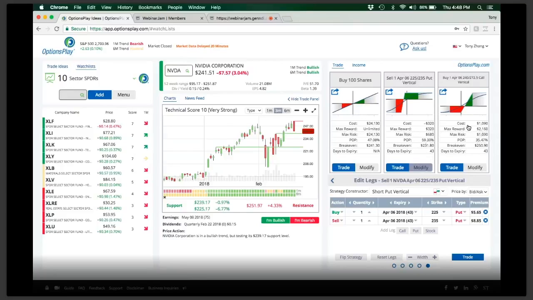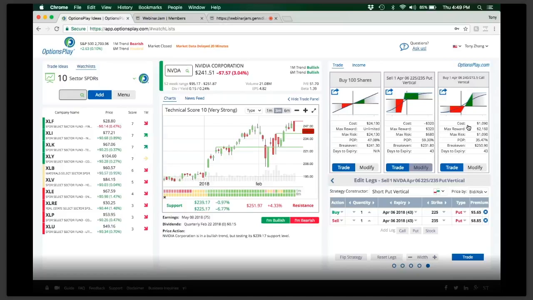This is the type of trade that I would trade if, let's say, I feel that NVIDIA is going to make a quick move higher, depending on who you are and depending on if some of you follow Bitcoin. You might think that NVIDIA still has a lot of room to grow. It's only trading at 51 times earnings. It was trading at 100 times earnings not too long ago. So there's plenty of room for upside